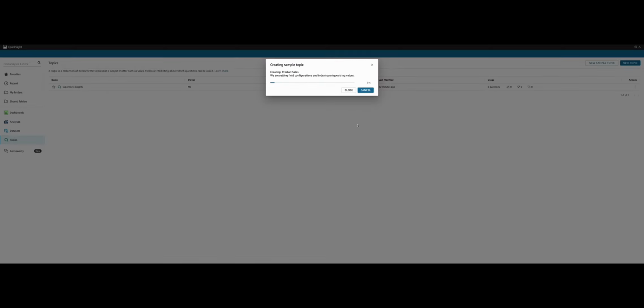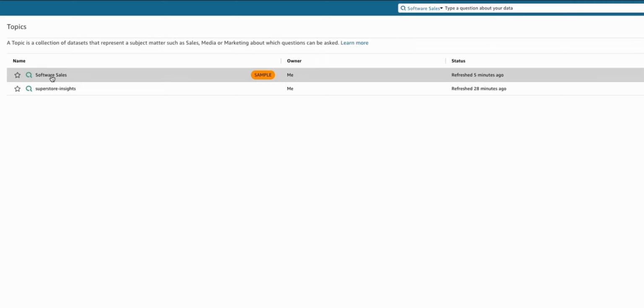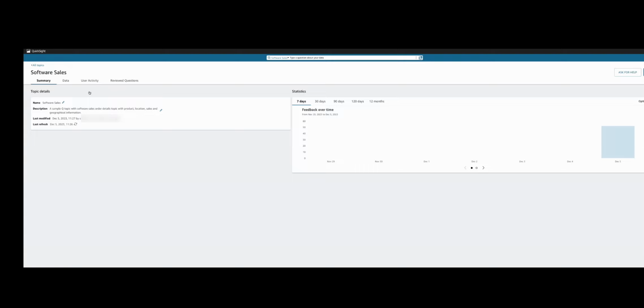Let's go ahead and create. It takes a few seconds. What it's doing behind the scenes is pulling the information, trying to relate each column, trying to understand what each column means. In that way, when we ask a question, it is much easier to get a response back. So now the software sales topic is created right here, and we can click on it,